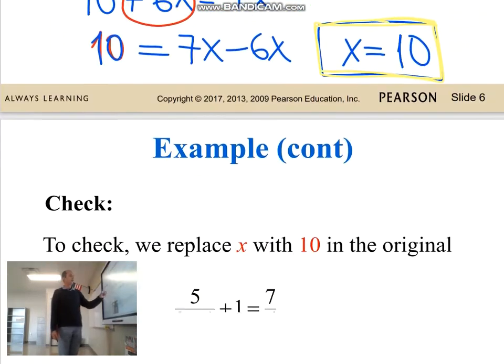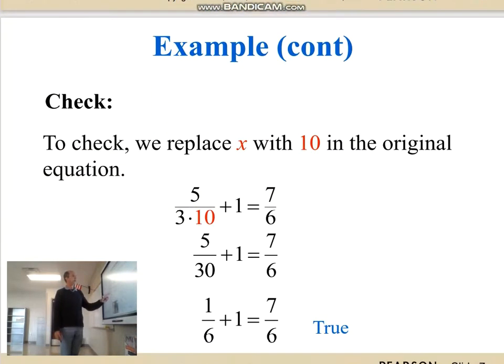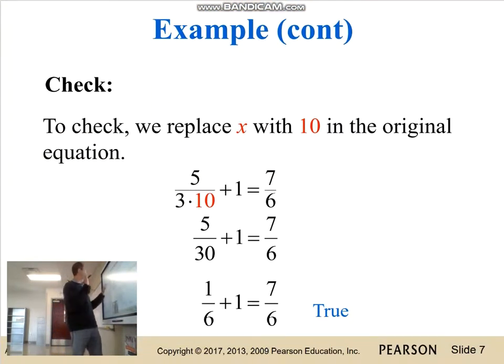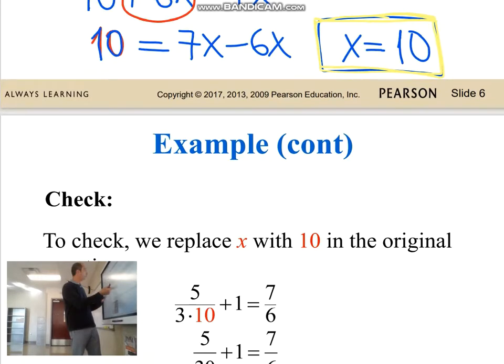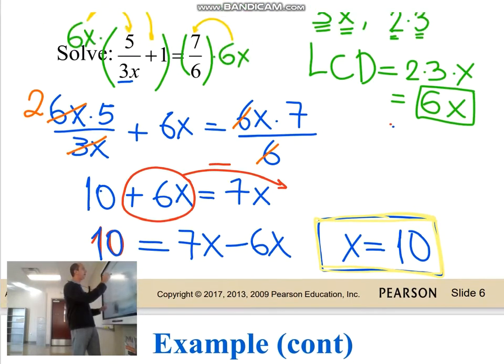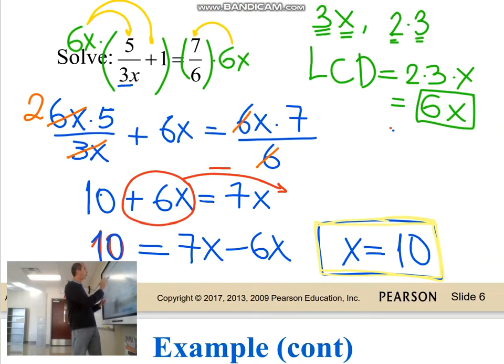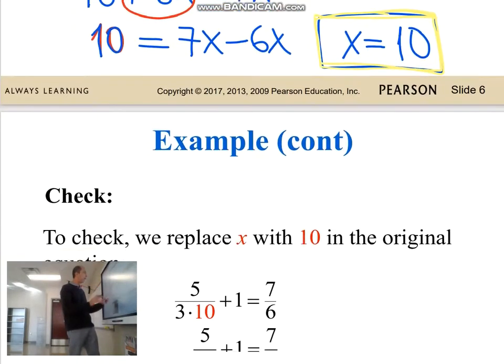And don't forget to check. It's always good to check, but especially when we're talking about rational expressions, because if you find a solution that makes the denominator equal to 0, this is not a good solution. This is not in the domain. So you have to check, and